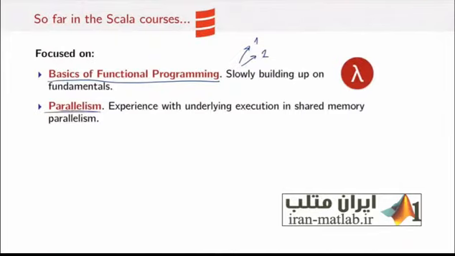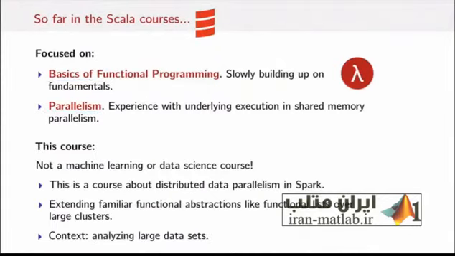Then we moved on to the parallelism course, where we started to focus on the underlying executions of our computations in a parallel setting. In this course, we're going to continue that trend. We're going to begin to think about applying some of these fundamental functional concepts across many machines rather than many processors. We'll also begin to shift our thinking towards a class of applications, unlike we've done before. So we're really going to start looking at analyzing large amounts of data,